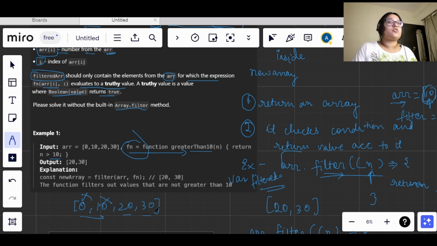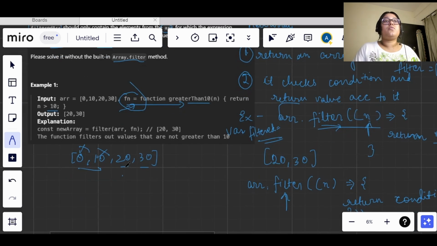Only 20 and 30 should be there. So we need to form our code in such a way that whenever we iterate in the loop, we pass the variable to the fn function, and only if it is true do we add it to our filtered array. We need only values which are true.